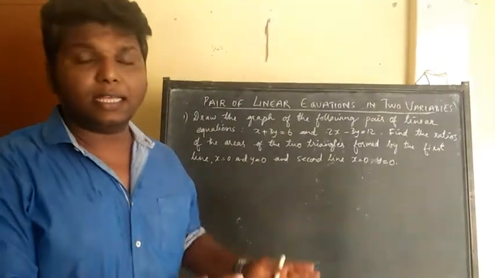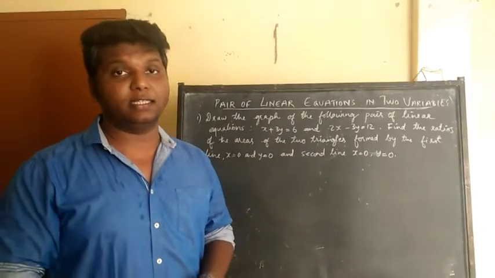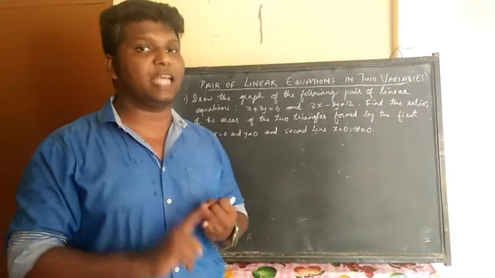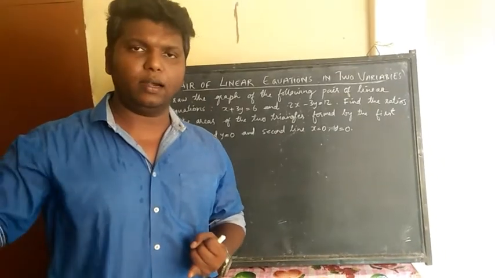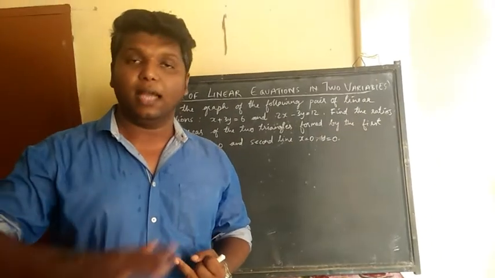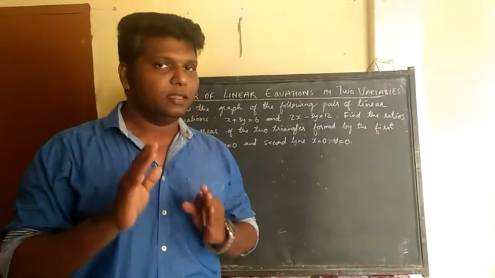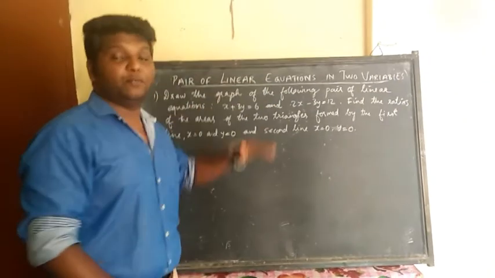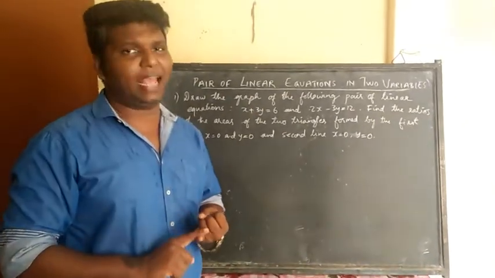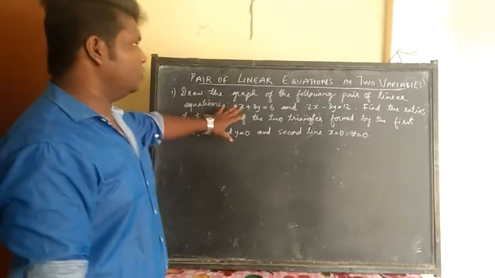For example, in the last chapter on polynomials we studied that there was only one unknown variable, it was x, and for that x there was a linear degree, that means degree 1, of degree 2 quadratic, and of degree 3 cubic. That's how we have studied, and now we are going to an equation which has two unknowns, which is x and y. So let us go to the first one.